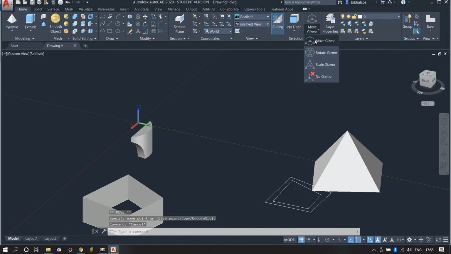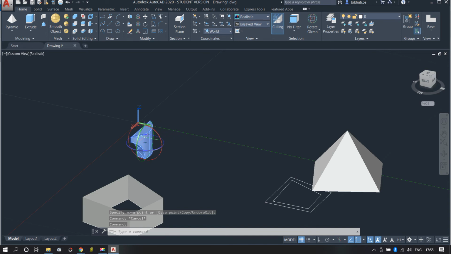Okay, if we select rotate gizmo, then what will happen? A sphere sort of thing will appear with 3 axes of rotation, you can say. The red one, if I select it, it will get rotated like this. You can write down the angle here, or generally if you have to rotate it by a 90-degree angle,